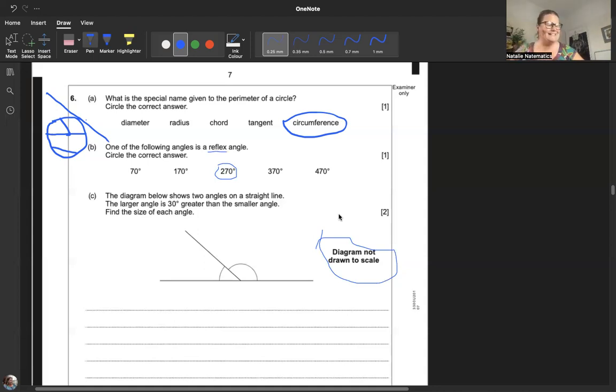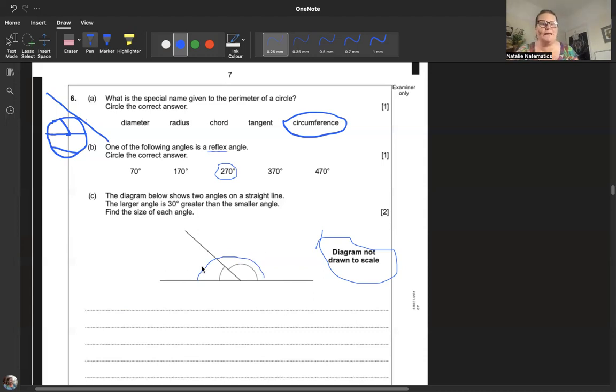So you're in an exam and you're like, okay, so how could I do this? You know that it's a straight line. What do you know about angles on a straight line? That angle there goes all the way around to there, doesn't it? You've got one angle, then a line in the middle, and then another angle. I always say when you've got a straight line, it's 180